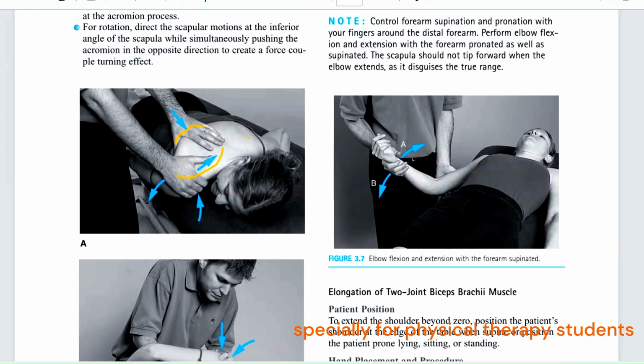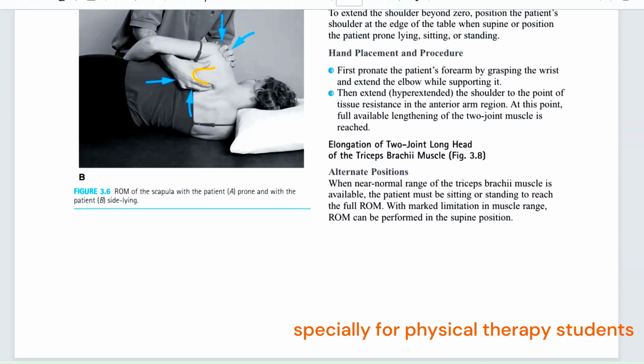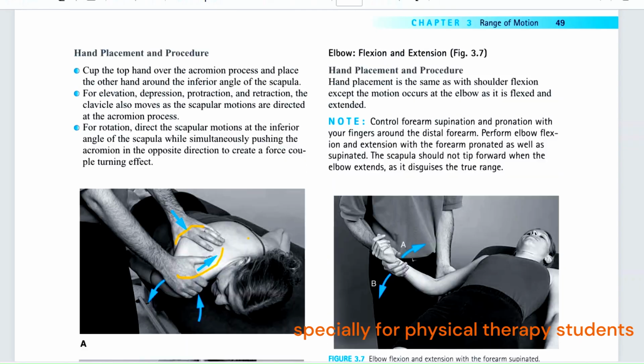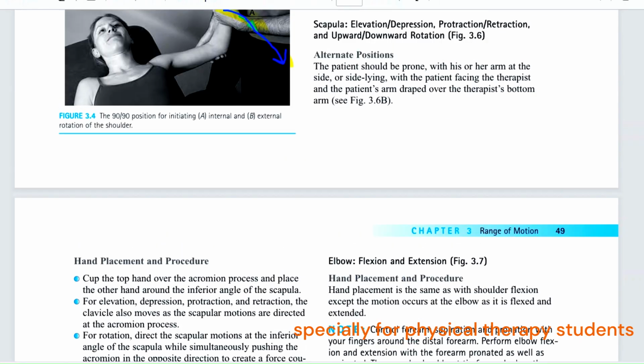What you can see here in this picture is how you can hold and position the patient, and at the same time how you are going to perform that movement, okay? So you need to understand certain things first. After that you can perform the movements, okay? You can perform movements both in prone and sideline position, depending on, as we have discussed, the patient and the condition of the patient as well.